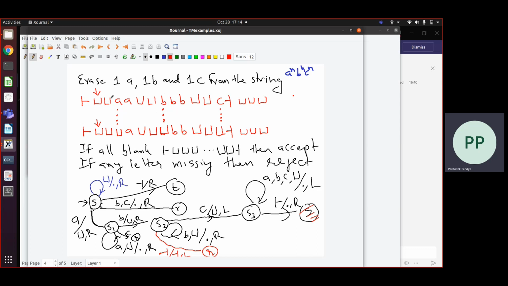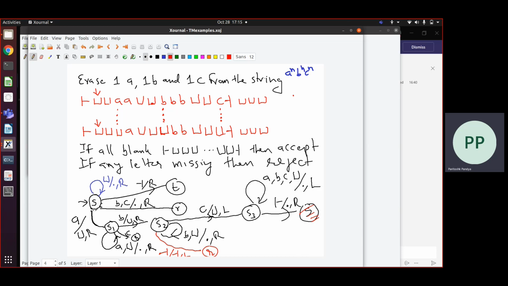So my general configuration will be that the tape contains some blanks followed by some A's, some blanks, in fact an equal number of blanks, followed by some B's and blanks followed by C's. And when I'm trying to erase, if I find an A, I must find a B and I must find a C. So I will go from this configuration to this. When I'm here and looking for an A, if I don't find any symbol other than blank, that is, I skip over only blanks and hit the right hand marker, I have erased an equal number of A's, B's and C's, and so I will accept.